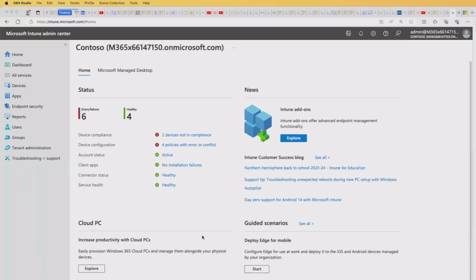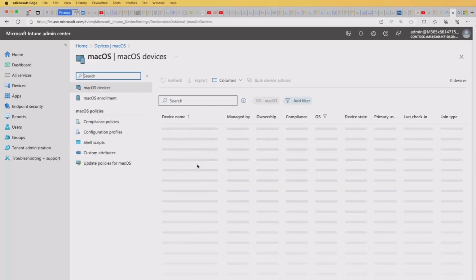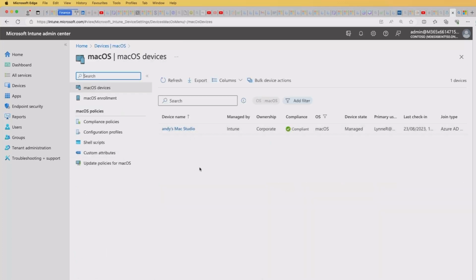Finally, when it comes to the macOS update and the testing of that, I want to show you three things. If I go into devices, I'm going to show you my device first. This is Andy's Mac Studio. It's the device that I'm doing this recording on, and you can see that it's corporate owned, is compliant,